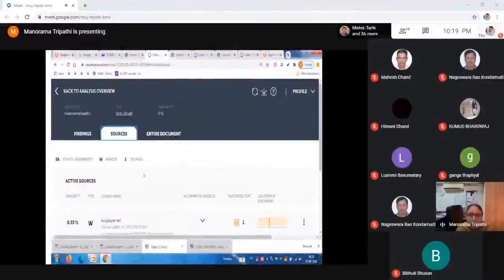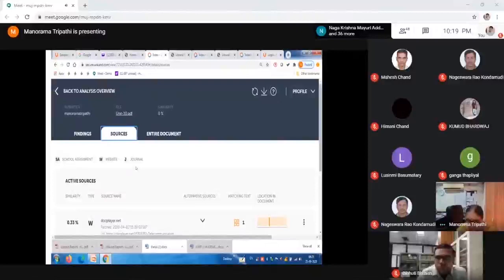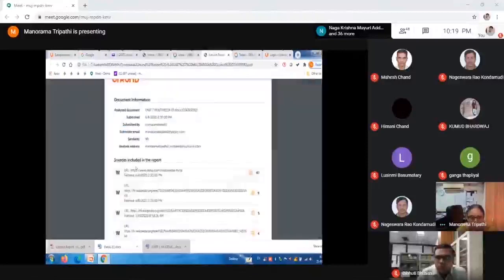And this is one report which has been generated, and it shows the sources which they have taken: school assignment, websites, journals. And as it shows in Turnitin or in Drillbit, it similarly shows the URLs from which text has been picked up.